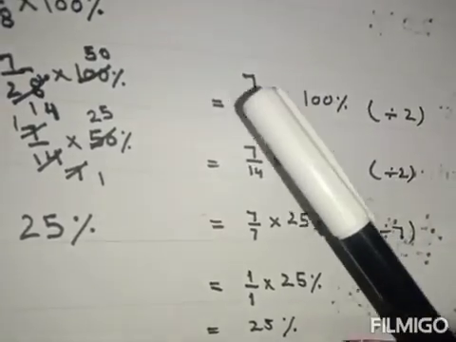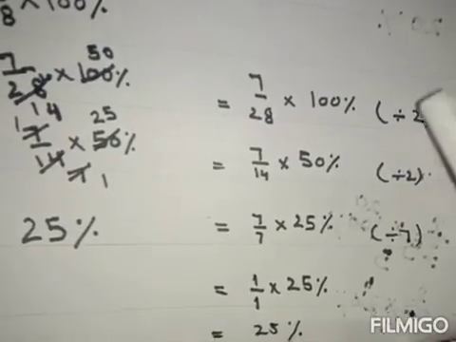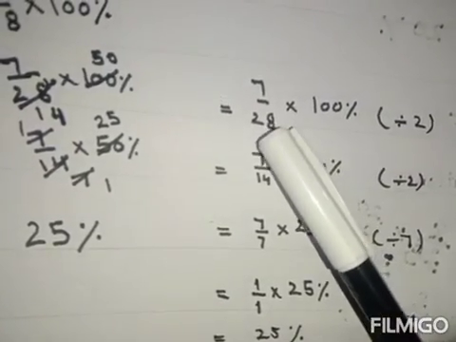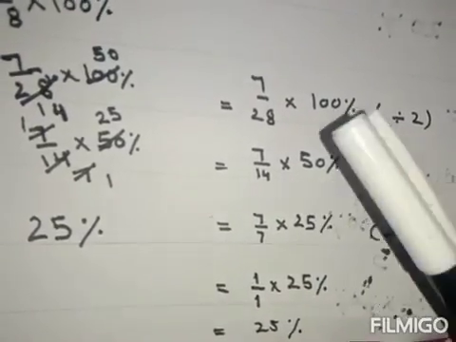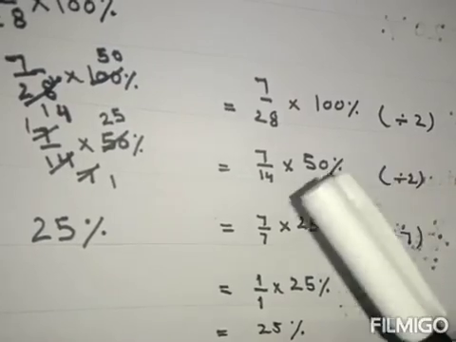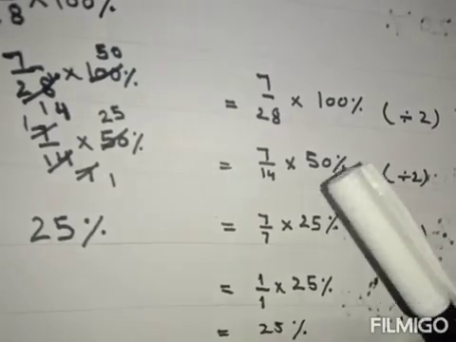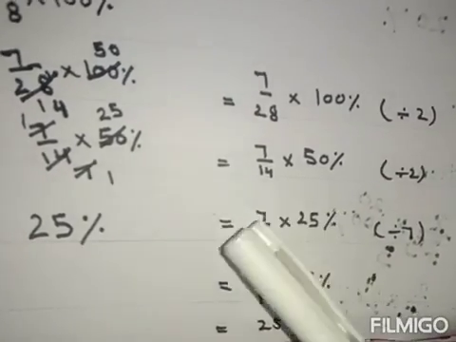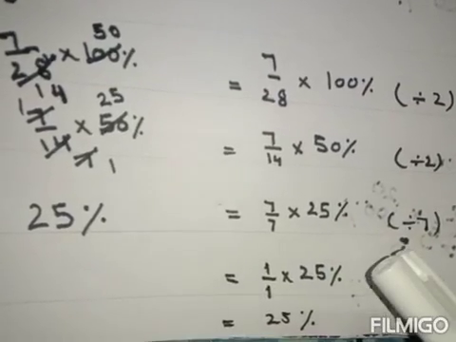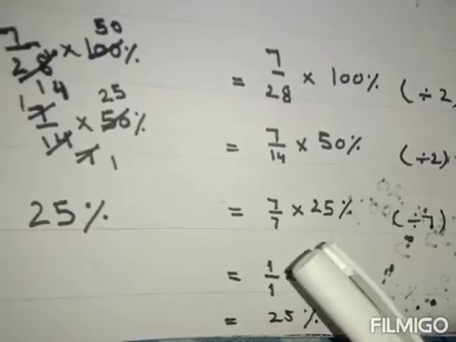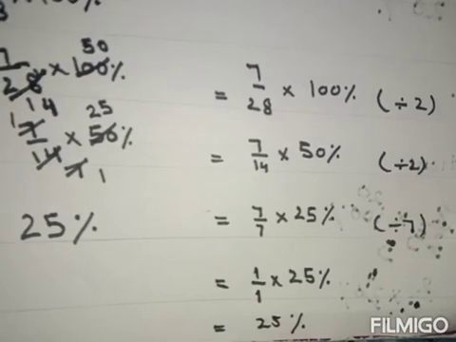multiplied by 100. These both numbers are even and divisible by 2. After dividing by 2, we get 2 14s are 28, 2 50s are 100. Now again dividing by 2, we get 7. 2 7s are 14, 2 25s are 50. Again dividing by 7, 7 ones are 7, 7 ones are 7. So it is 1 over 1 into 25%. So 25% will be your answer. Both methods are right. You can adopt any one.